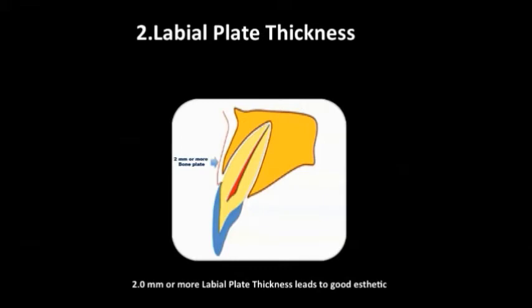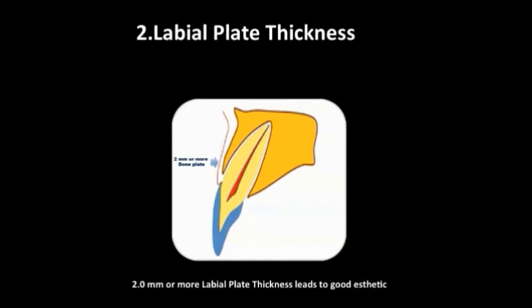This buccal plate of bone is usually resorbed very fast, and in order to maintain a good result in the aesthetic zone, we should always have 2 millimeters thickness of bone buccally to the implant. If we have less than 2 millimeters, this means that we might have some aesthetic problems in the future. After loading the implant and remodeling of the bone, there might be some resorption, and we might have some kind of metal shining or showing through the buccal area, and this is due to the thinning of the labial